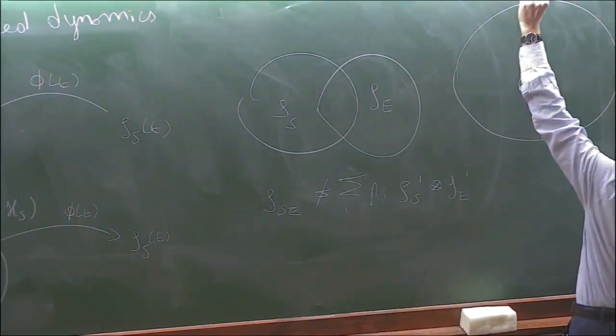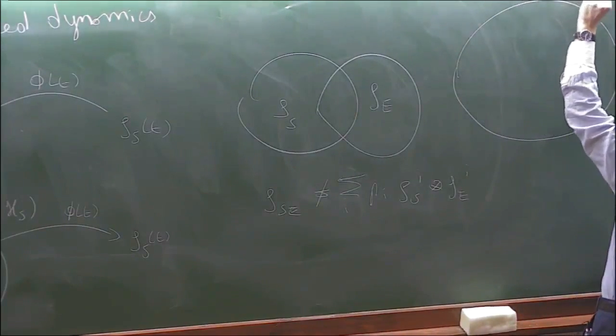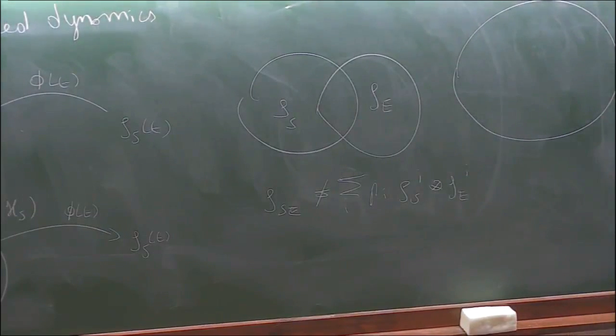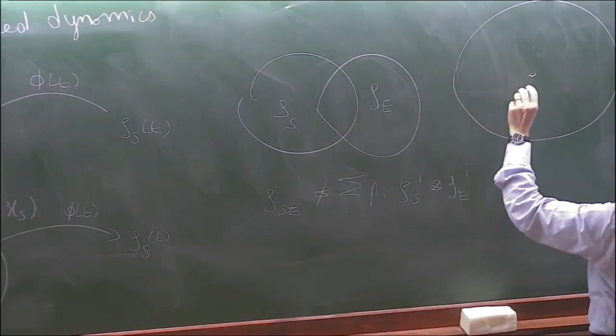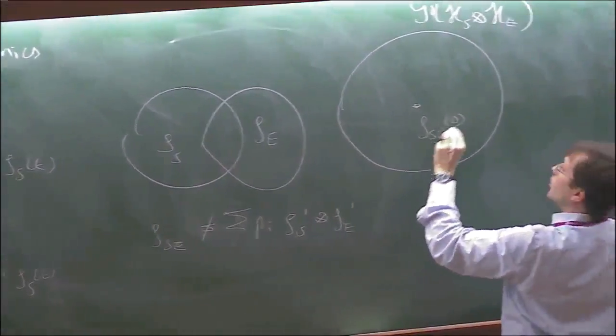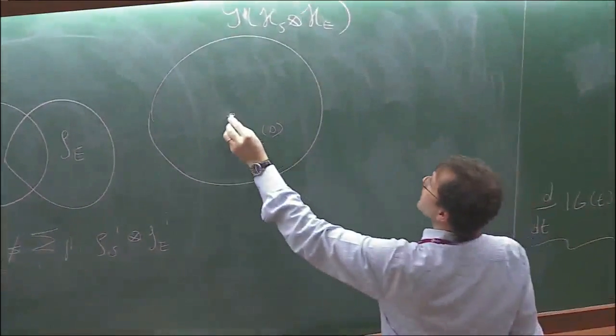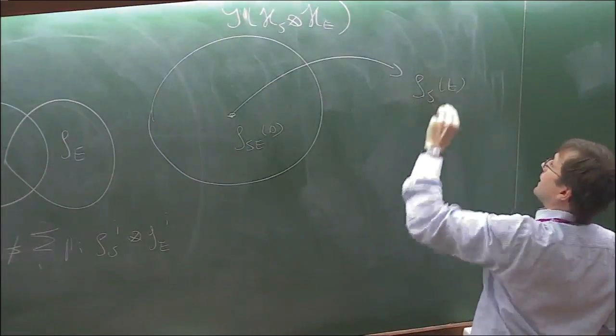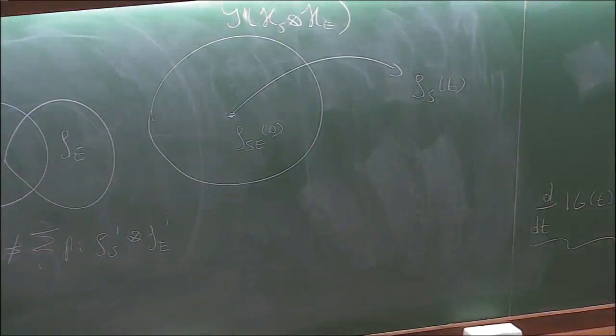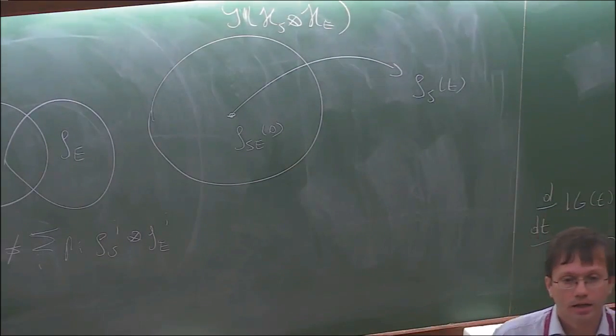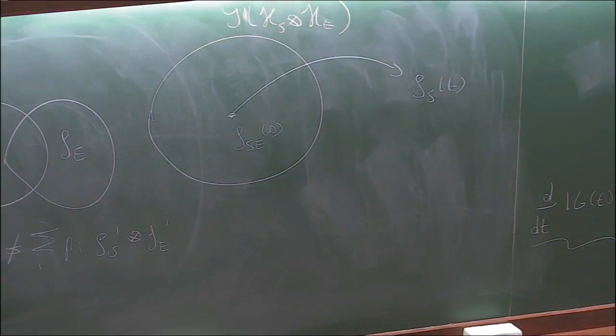And all that you can do is go to the level of the overall Hilbert space, and at that level, for sure, you can define a sensible assignment, which to an initial state for system and environment gives you a reduced state for the system. This for sure you can do, because you consider the overall evolution and take the partial trace in the end. But this is not a reduced dynamics, because it cannot come from a map defined at the level of the system.